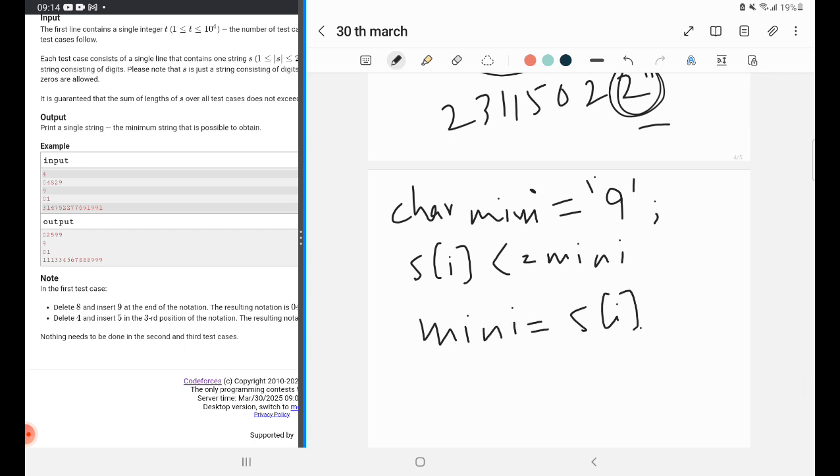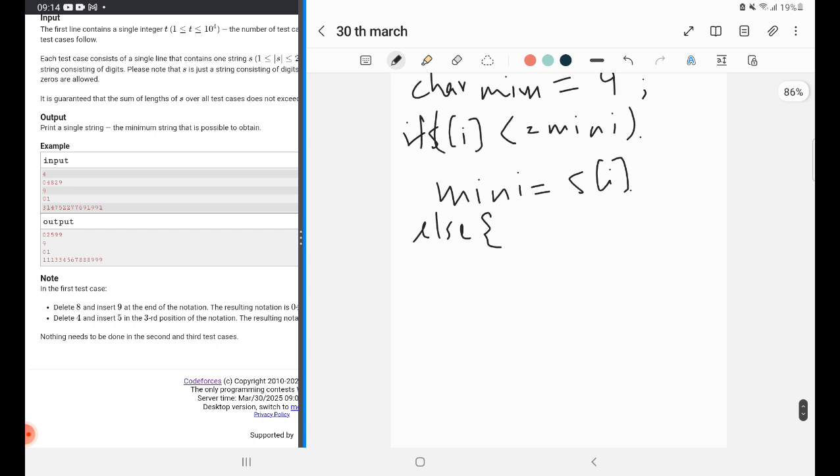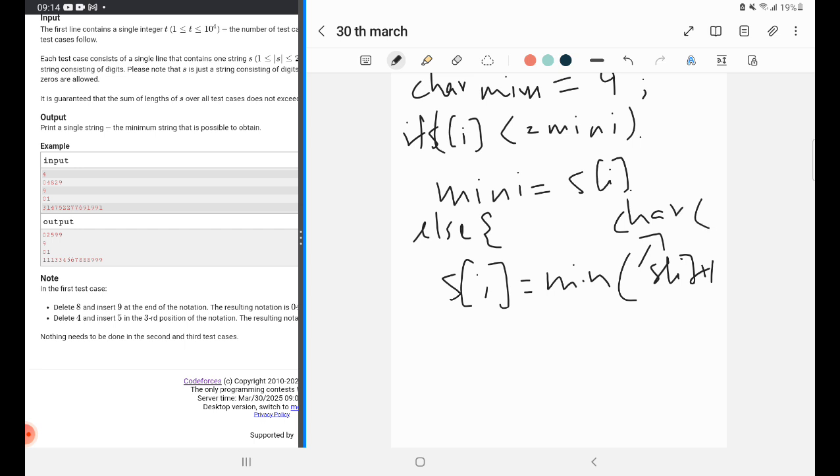And if this doesn't happen, this is the if part, right? This is the if part. And if this doesn't happen, the else part is that we simply replace that particular number, that is we change s of i to minimum of s of i plus 1, like char of this, you have to write char of this, right, comma 9. So simply